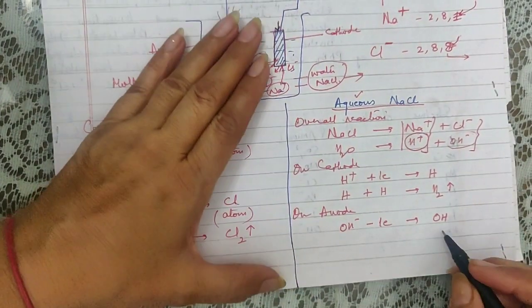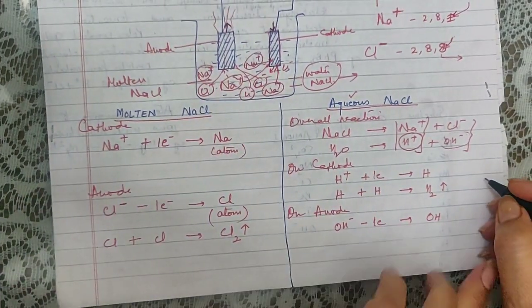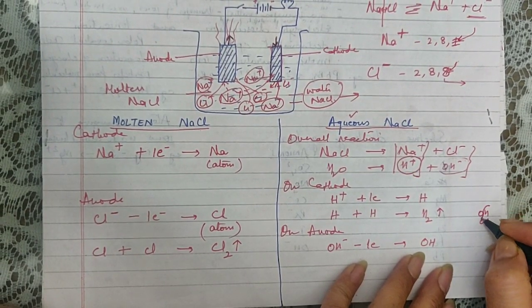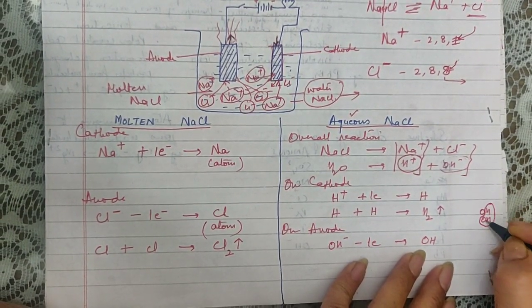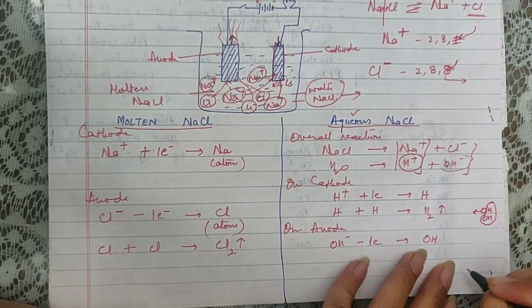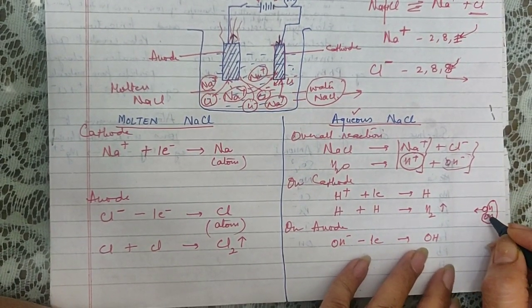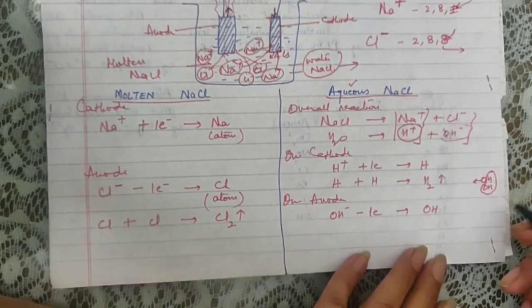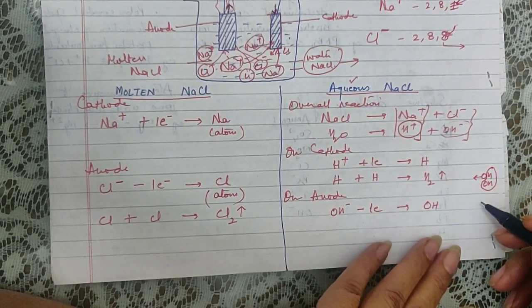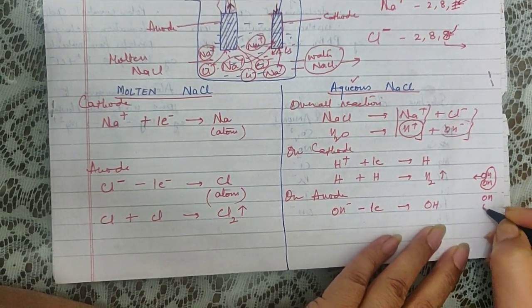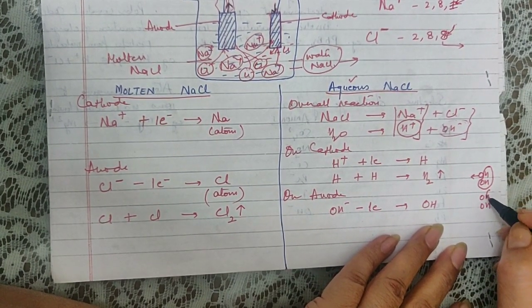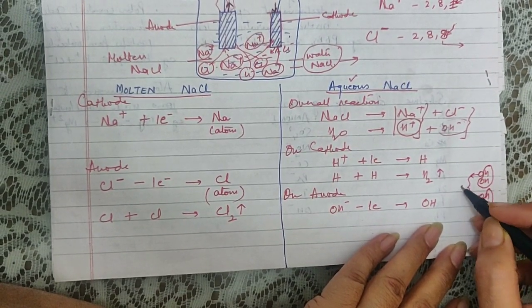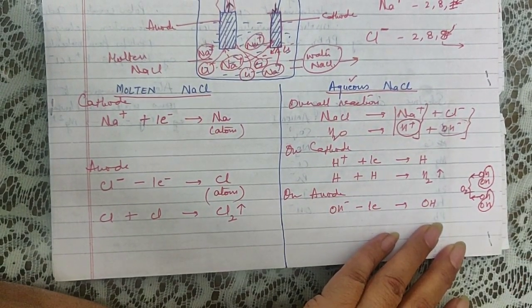Now there is no molecule like OH. So what happens? 2 hydroxy molecules, if they combine with each other, they will form one molecule of water, H2O, and one nascent oxygen will be left out. Now it is very difficult for a single atom or a nascent atom, whether it is oxygen or hydrogen or chlorine or anything, to exist individually. So 2 more such hydroxy ions combine with each other, form another molecule of water, and these 2 nascent oxygens combine together to form a molecule of oxygen.